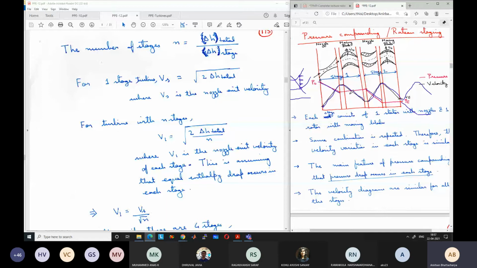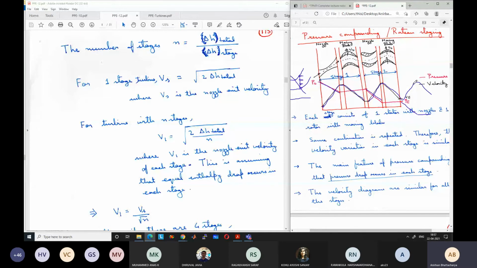This is a design parameter. So velocity will increase in each of the subsequent stages, but we want to keep the velocity similar in each of the stages, because that is what is given by our optimum calculation. So to keep the velocity similar, we have to increase the length of the blades. That's why you see that the length of the blades are increasing. Initial stages have very small blades, final stages have very long blades.